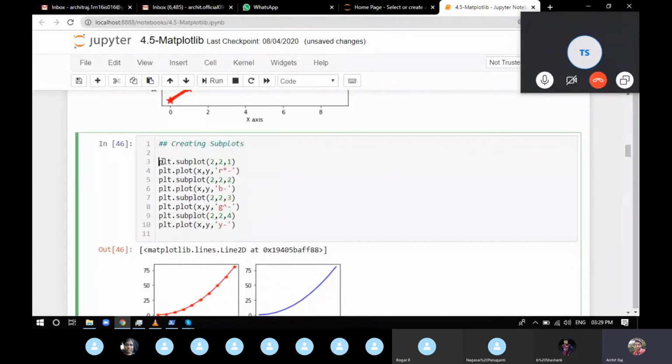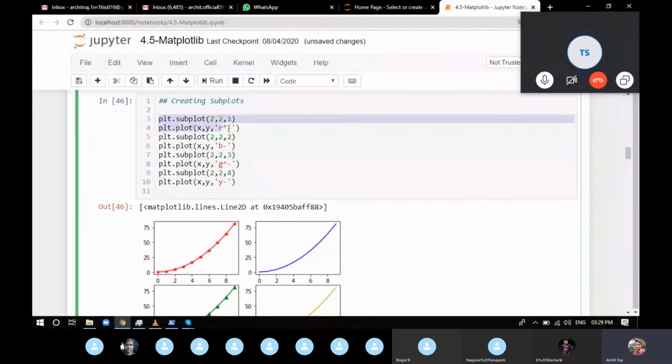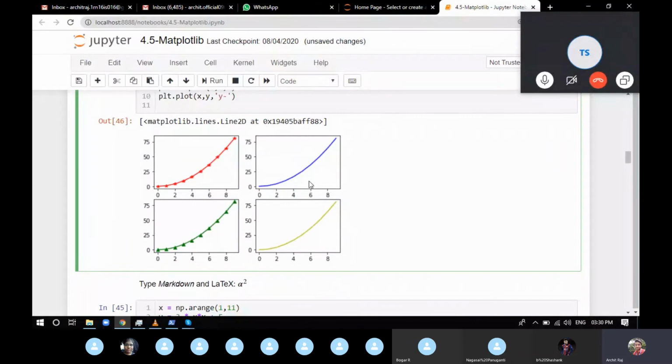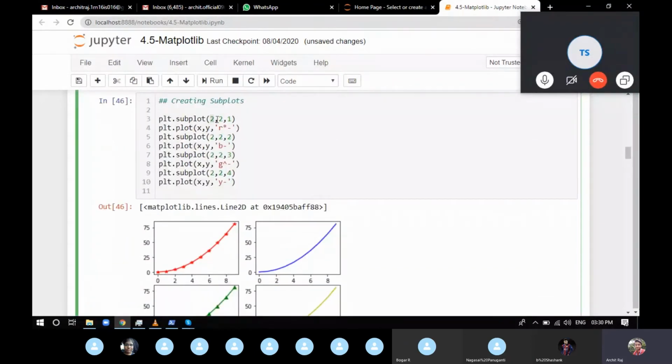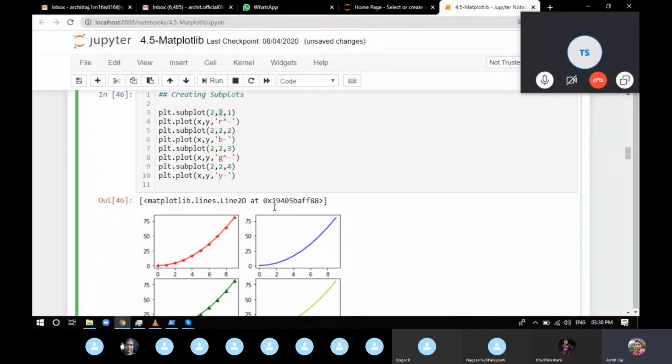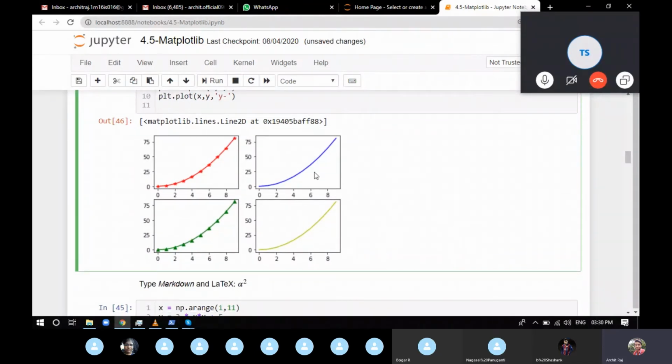Now what will subplot take? Subplot will take the number of rows, the number of columns, and the exact position on which the graph has to be placed. Now we can see there are 4 graphs, which means there are 4 subplots. You can see subplot 1, subplot 2, subplot 3, and subplot 4. So each and every subplot is providing a separate graph. Now we provided what? 2 rows, 2 columns. It means the whole canvas that you're going to print on will be divided into 2 rows and 2 columns. You can see 2 rows and 2 columns are here.